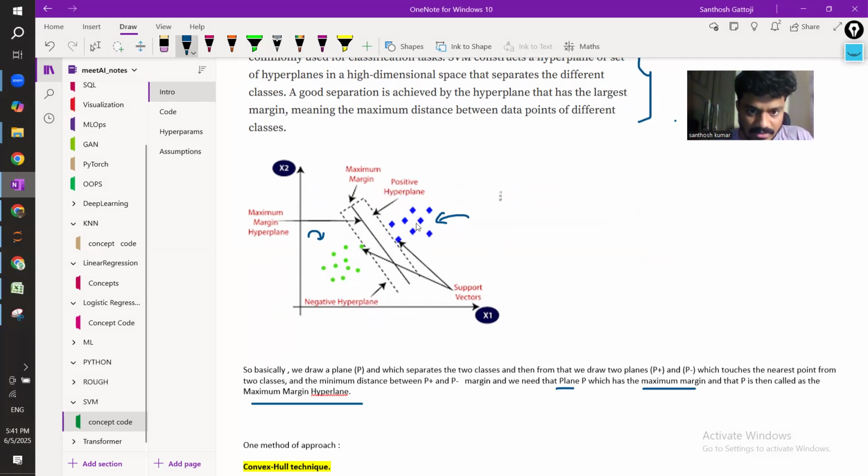We are having this class. For example, you are saying this is the positive class and this is the negative class. So we want two planes. The first plane you will get from